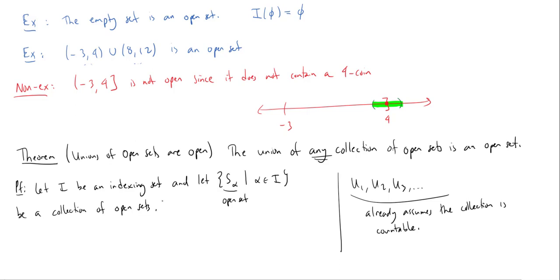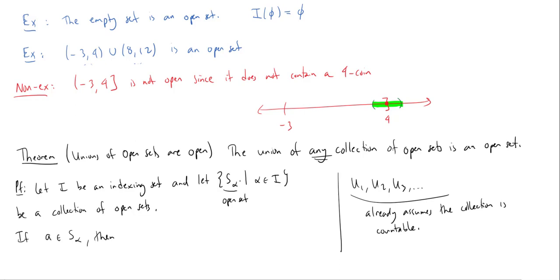Now, if I want to show that the union is an open set, then I need to show that every element of the union is an interior point. What is the union? The union just consists of all the points that are in any of these S alphas. So if I have some point, then it lies in at least one of these S alphas. So let me start with one. If I have some point a which is in one of the S alphas,